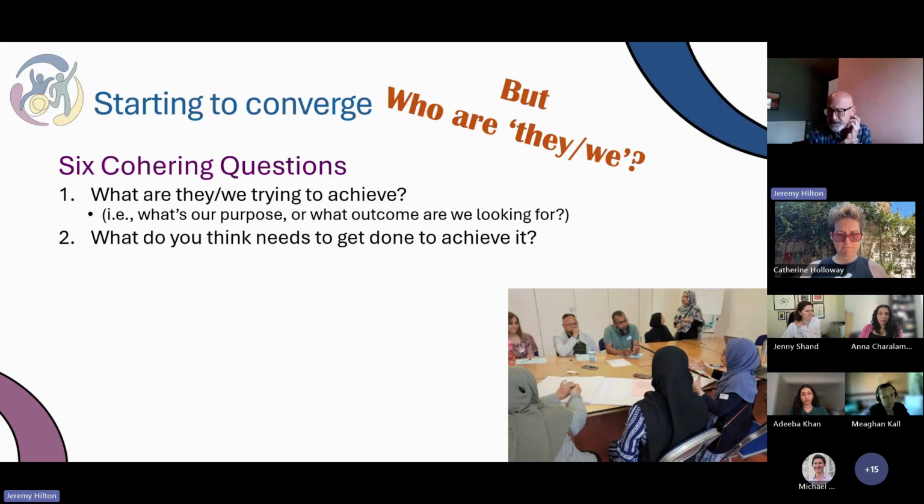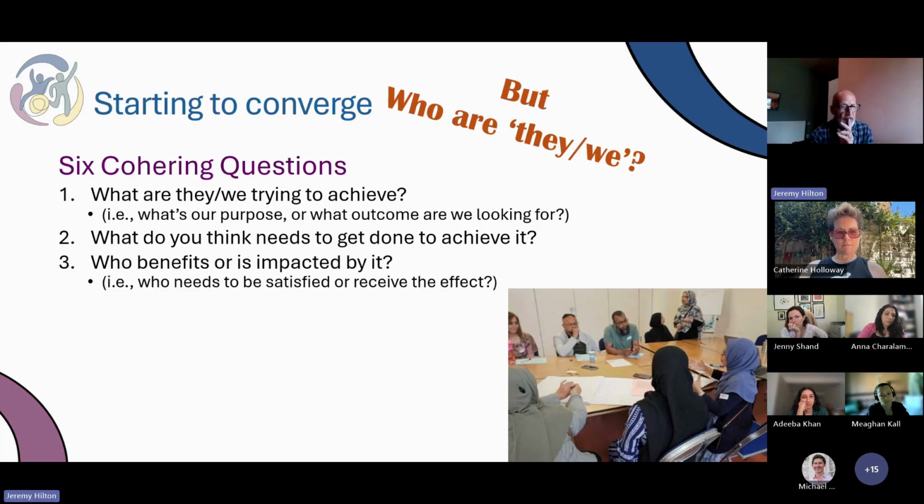A very simple example is, what do you think the purpose of a prison is? And it may be for punishment, it may be for rehabilitation, it may be for protecting society. Well, if you think about each of those being a different purpose, then what you think would need to be done to achieve that is going to be quite different. And again, even if people believe there's the same purpose, the same outcome we're trying to achieve, through different experience and knowledge and perspectives and beliefs, what they think needs to be done to achieve it will differ. And we're trying to capture this variety and incorporate that thinking in conversation and dialogue and to talk them through.